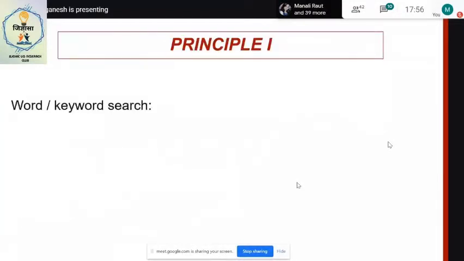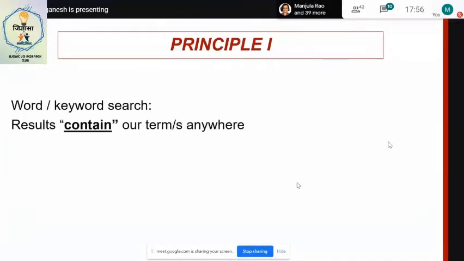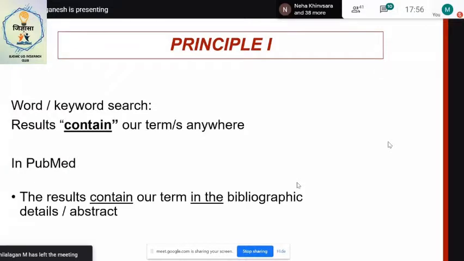The first principle is, if you just do a word or keyword search, what happens? The results contain our term. We learned that in the first fundamental. Anywhere in the metadata area. The PubMed search engine does not go to the full text and search it because the full text is in the journal website. So the results contain our term in the bibliographic details and abstract.